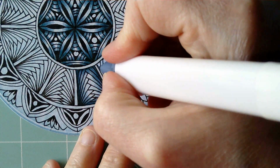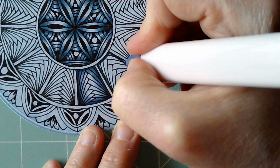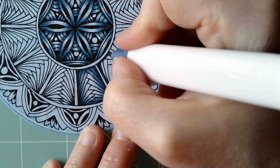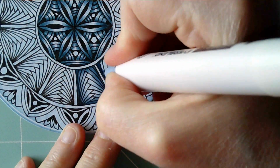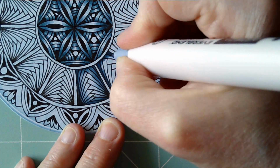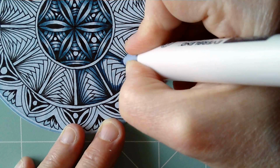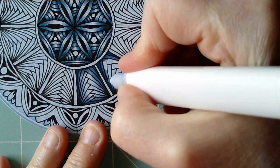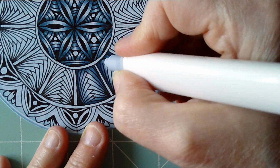So I'm going to add this ocean blue, or whatever colour it is, this darker blue colour here. It's actually a blue-green, but it's fine, it works. So round the edges, then I'm going to come back with the next lighter colour, and go over the top of that one just to help it blend out. And I'm going to add some of this colour, like so. I'm going to try and leave a nice space in the middle where we've got highlights. And I'll use the lighter colour just to blend this out and try and keep the shape there for the